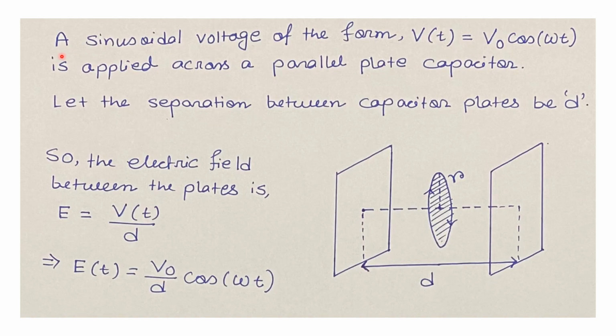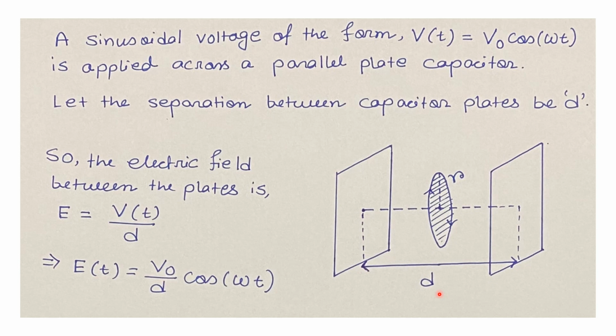It is given that a sinusoidal voltage of the form V as a function of time t equals V0 times cos omega t is applied across a parallel plate capacitor. Let the separation between capacitor plates be small d. It is shown in the schematic that the two plates of the capacitor are separated by the small distance d,